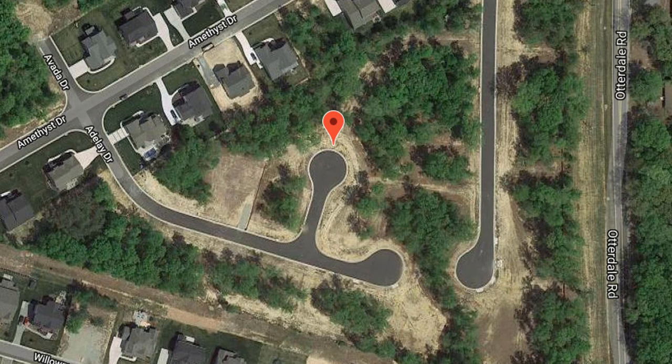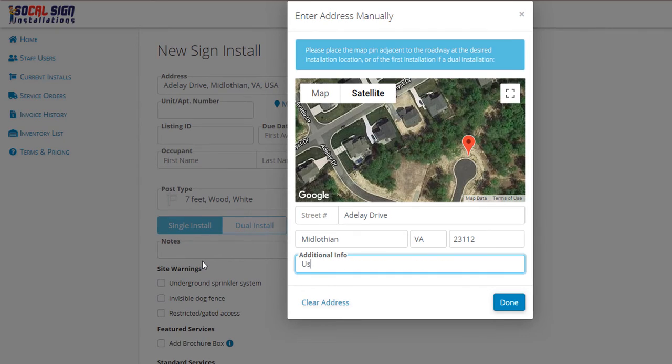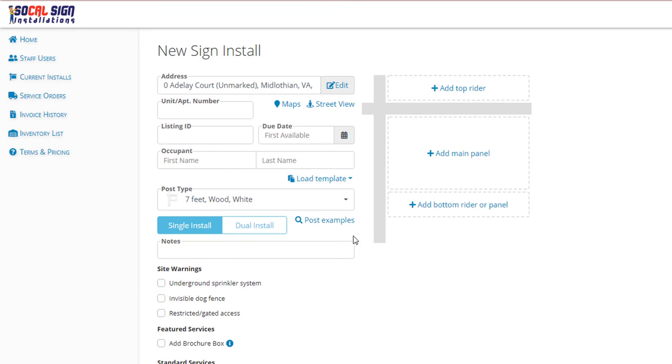Once you have that specified, you can go ahead and then leave a descriptive note. Use Adelaide Drive. Court is at the end, first left. And again, we're going to use our 0 moniker here so everyone knows that that is not where we're going. And we're going to change this to court, unmarked. Having done that, you're going to have your site noted as 0 Adelaide Court, unmarked, in Midlothian, Virginia, and